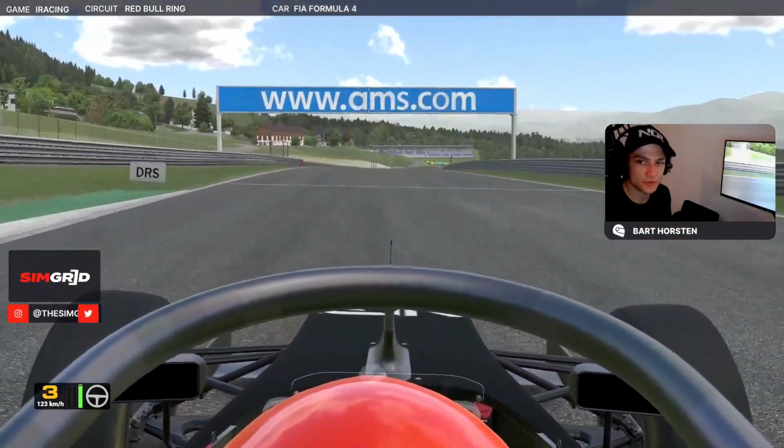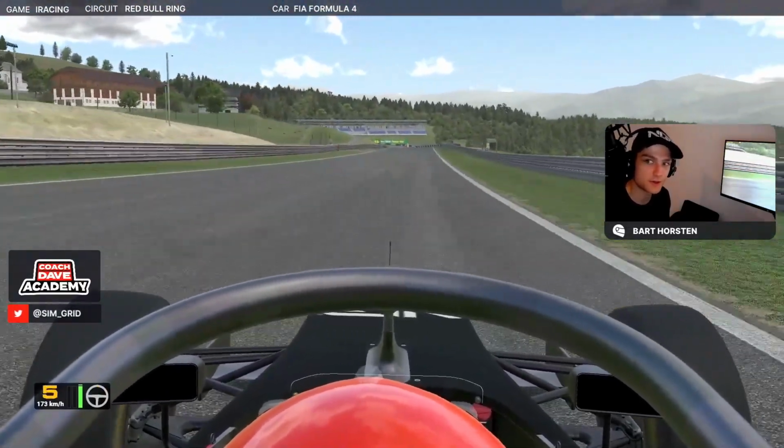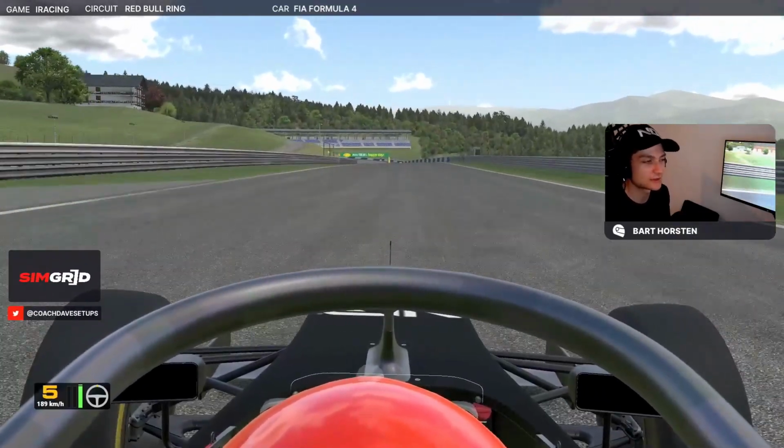Okay, use all the track there. A bit like turn 1, you can lean on the sausage curb, but I find that you just run up to it rather than actually leaning your tyres on it. Okay, down into the next